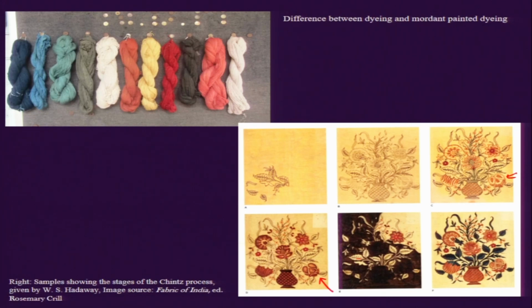And for that reason we find that the other kind of dyeing technique, for example yarn dyeing, that we have on the left side of the screen, upper left, in this one, except for this one, except for these two, and perhaps this one as well, all the other shades are obtained by mordant dyeing and by the use of mordant. That can be alum mordant, copper-based mordant, or iron-based mordant. And of course we have the undyed yarn as well.